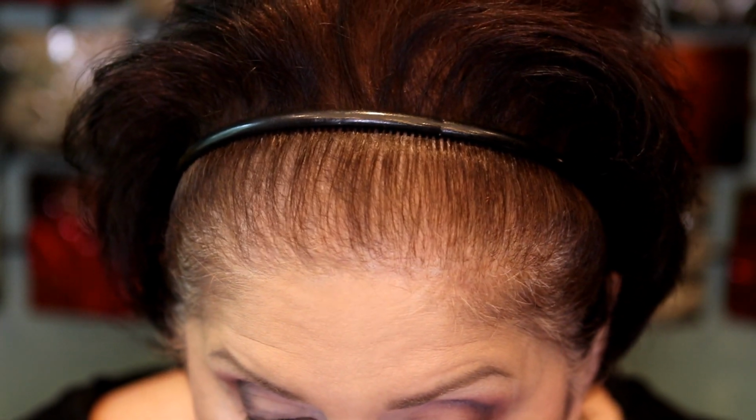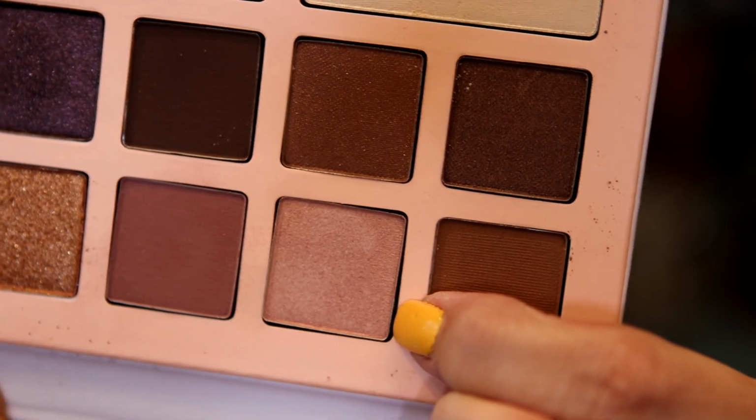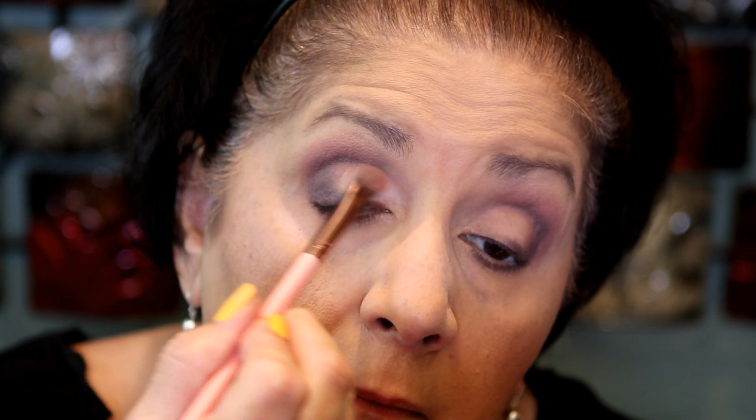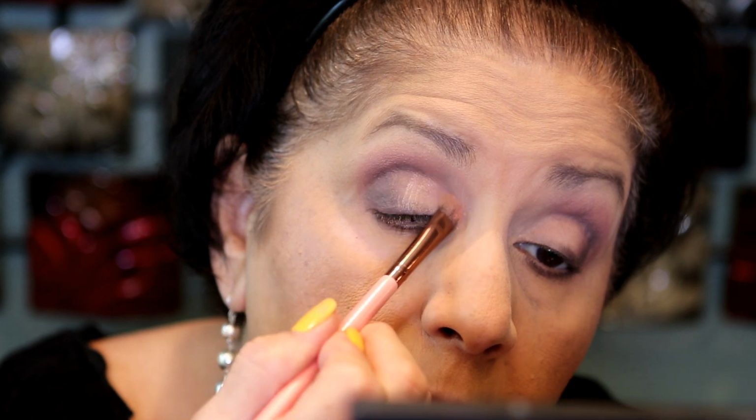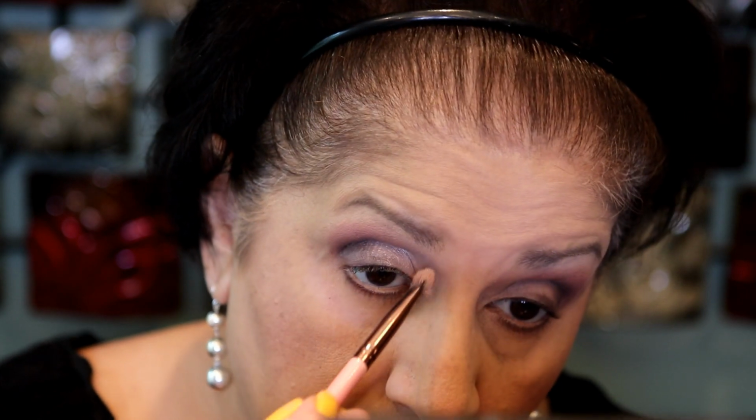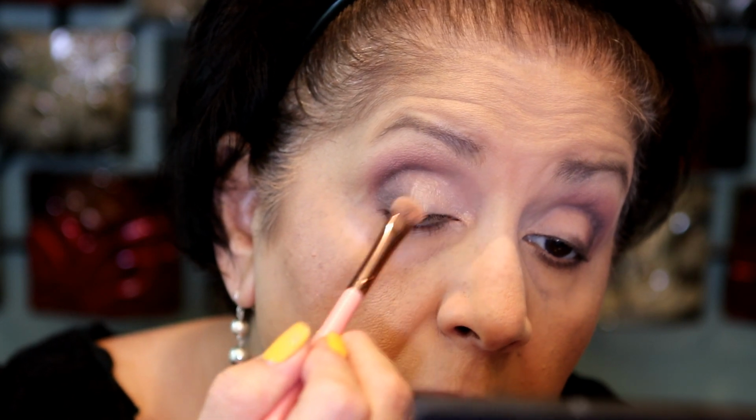Alright, now I am going to get a smaller brush. This one right here, like a packing brush. And I'm going to use this shade right here, which is very pretty. It's like a light pink and it does have a little bit of shimmer, so I'm going to put that on my lid. Oh wow, guys, these shadows are super pigmented. Look at that, I don't even have to wet it or anything or use the finger. I mean, it's really...